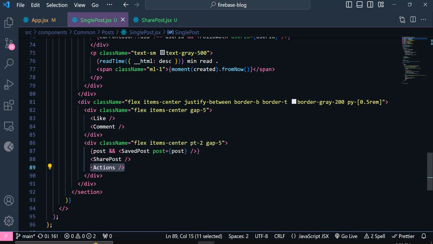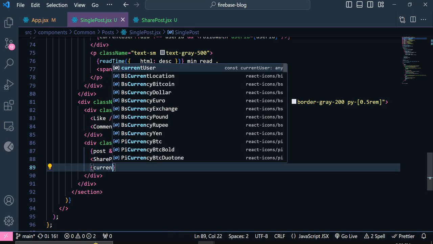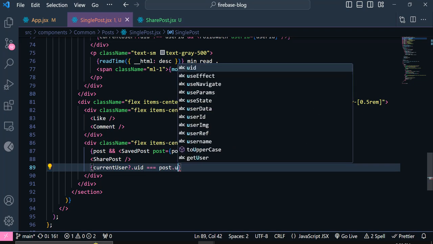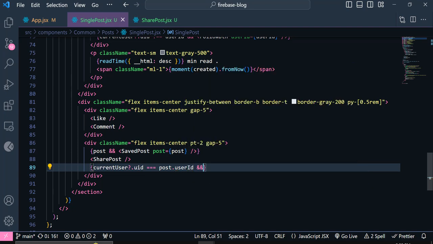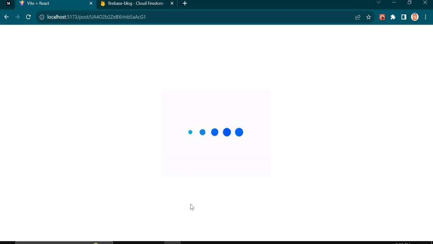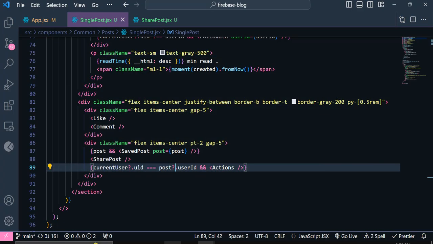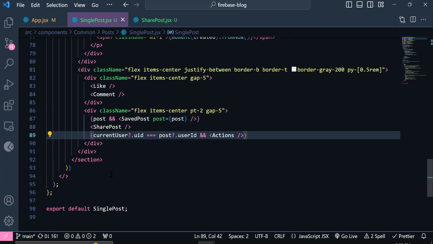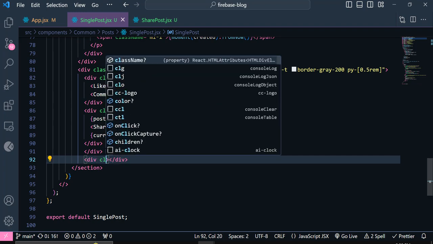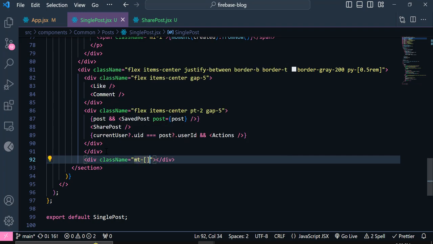So in here I'm going to set a condition: if current user dot uid is equal to our post dot user id, then we want to show this component here. Okay, we don't have that button anymore. And let's add the rest of our items here. So down this div we're going to add our content. So it's gonna be inside this div with the class name of margin top 3 rem,